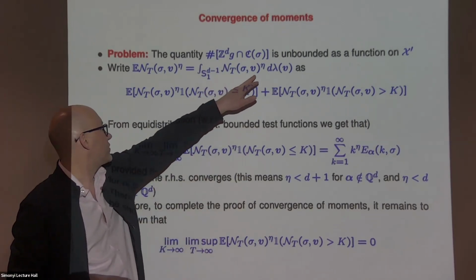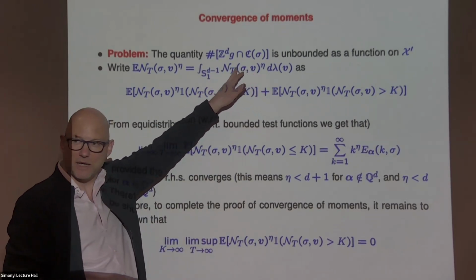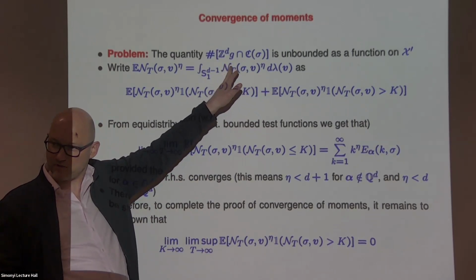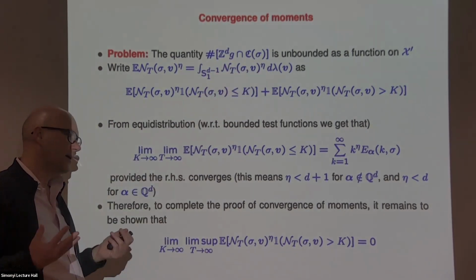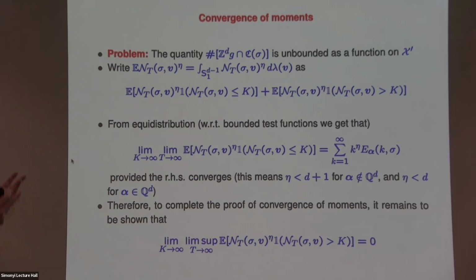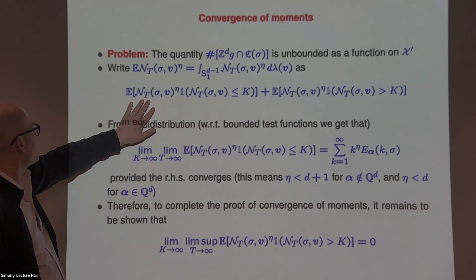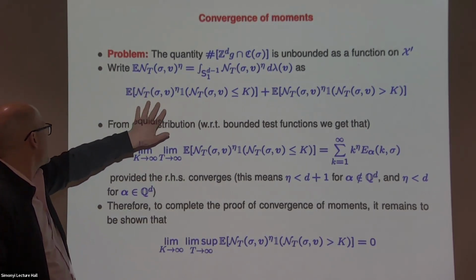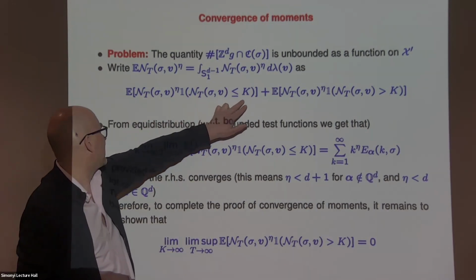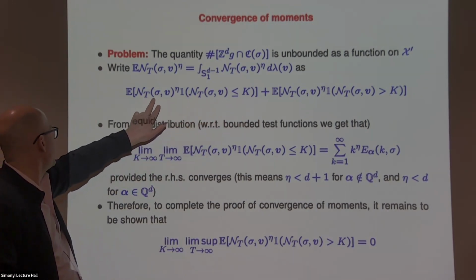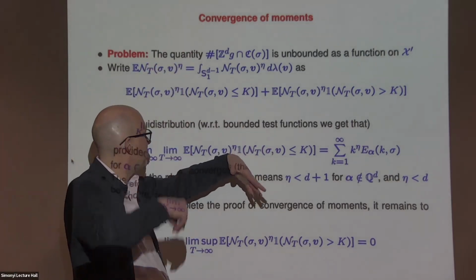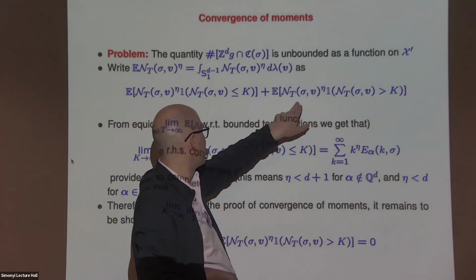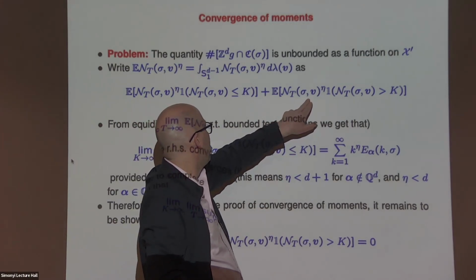If this function could be interpreted as a bounded function, we'd be done, because then we can just use our previous theorem. Unfortunately, it doesn't correspond to a bounded test function, but a function that grows and has singularities in the cusp of our space X prime. So we need to split up our integration into two parts. In the first part, we look at the moment, but we cut it off at some capital K, which we'll take to be arbitrarily large eventually, but fixed for now,